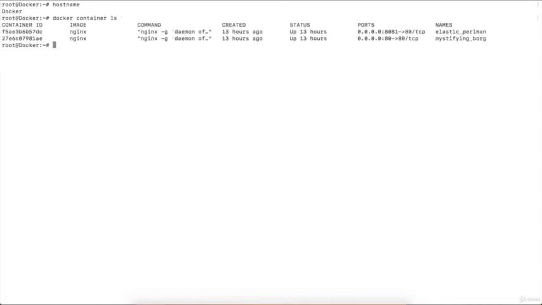So yesterday we have executed two containers. So suppose we want to see the running containers on our Docker. So I need to execute the command docker container ls, and you can see the two nginx containers are running since last 30 hours. So we have created and executed these containers in the last lecture, but we didn't stop these, right? So suppose you want to stop the container which is running on port 80, right? So first let's see if we are able to access the nginx on port 80.